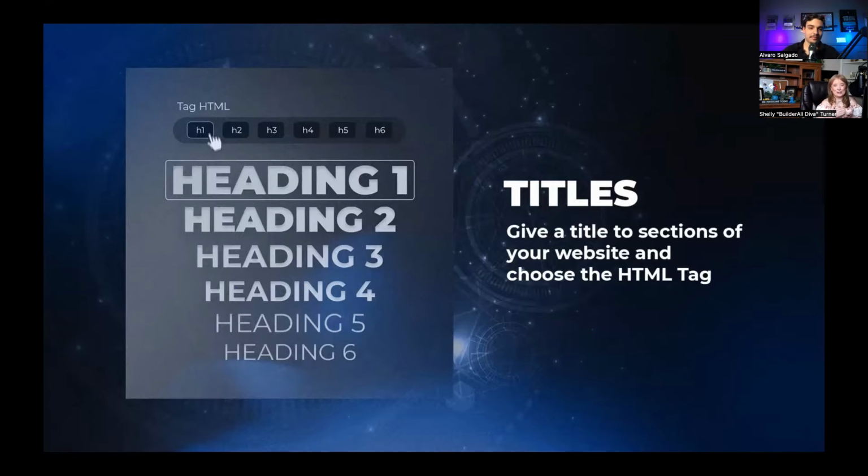For those of you that use WordPress and you really understand SEO, the titles are really important. We have the H1 all the way through H6 titles. And of course, this is going to be critical to SEO and making sure you're being optimized. And also, it makes it really easy to monitor how many of the H1 versus H2s you have, because with Google, they're very strict in the number that you can have to be able to rank correctly. So we have this whole system in place to help you see your headings very, very quickly.